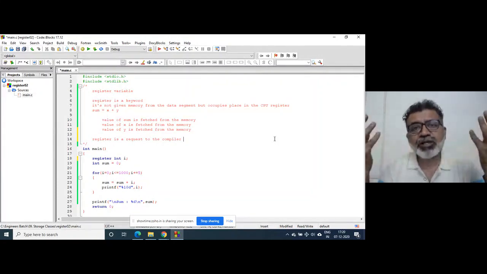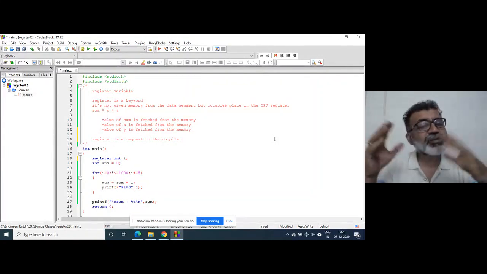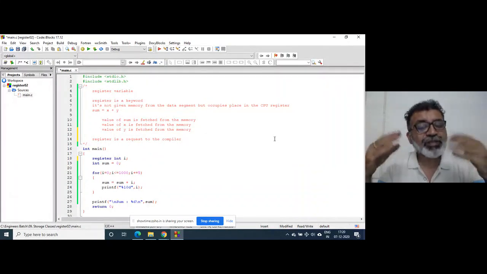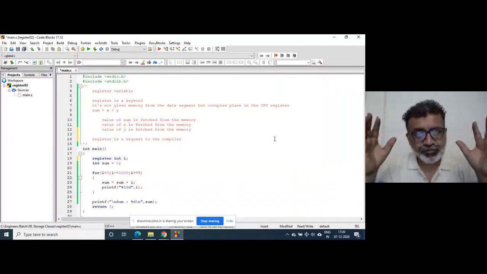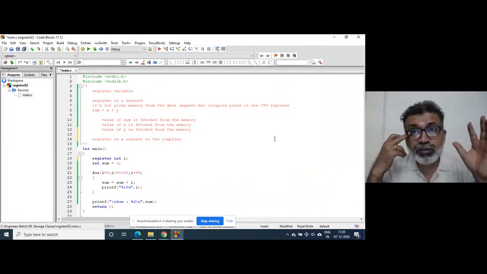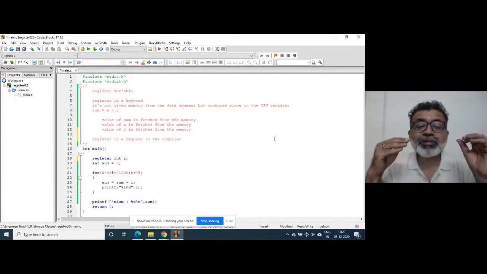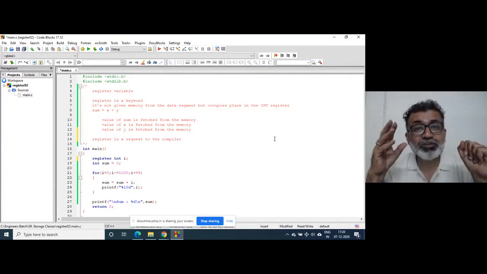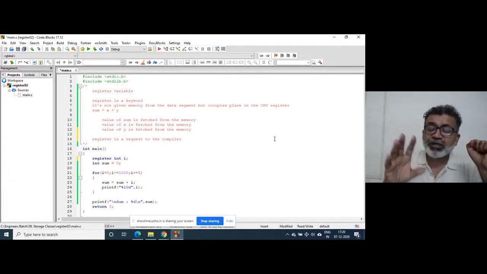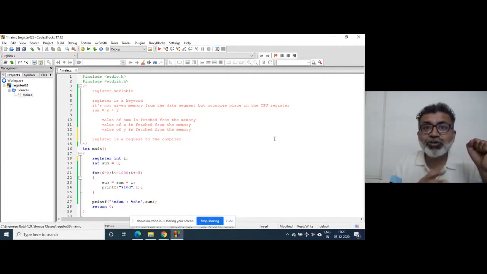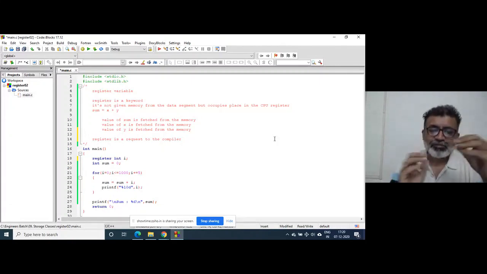So it may be honored by the compiler, or it may not be honored, and you will not come to know. That is why I say it is a request to the compiler. It is not a command, not an order, not a directive, it is just a plain request.